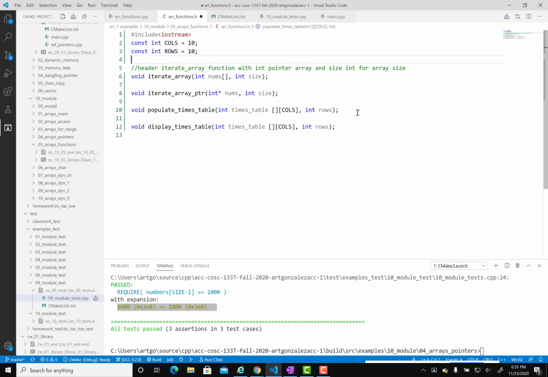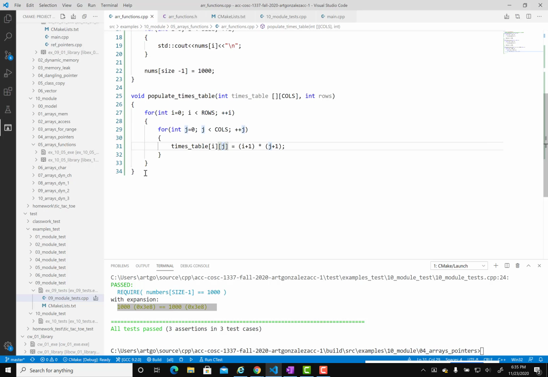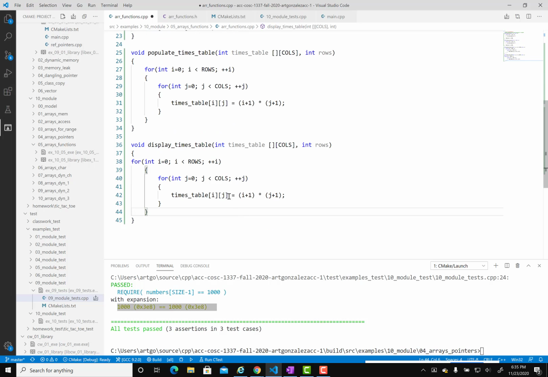Display times table. We will need IOStream, but we also need input-output manipulation. That's IO-manip. So we'll need that one to display nice columns. Come back over here, format columns, right? And we'll use more or less the same code, but now we are not assigning. We will say